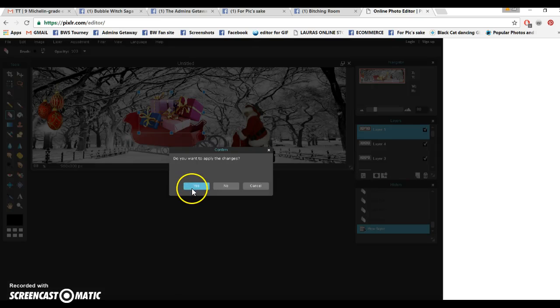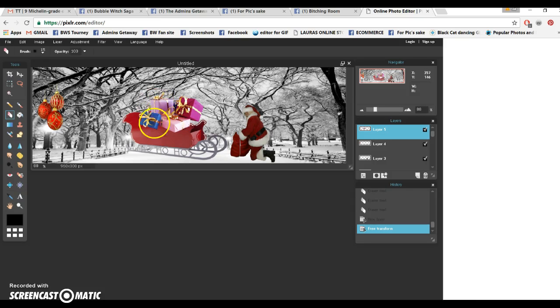So we're going to say, yes, we want to apply the changes. In other words, that's going to be coming in. We're going to do our eraser again. And you see the lines here? And you know the sleigh is under there somewhere. We're going to take this out with the eraser, and we're going to make it look like it is setting